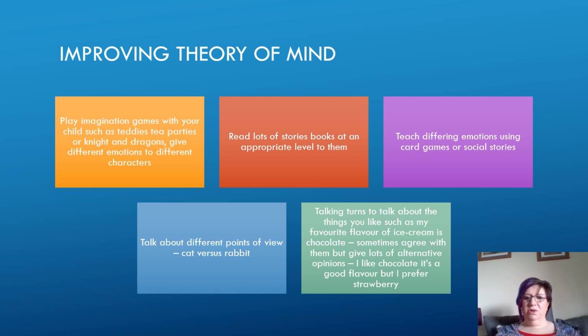I'll just leave the blue one at the moment and I'll come back to it. We can think about taking turns to talk about things that you like, such as I often get kids to play games where we think of a subject and then we think about our favourite things within that subject. So it might be our favourite chocolate bar, or our favourite pizza topping, or our favourite book or game to play, or whatever, that helps them to understand that not everybody has the same thought, feeling, belief as them. That can be really useful.